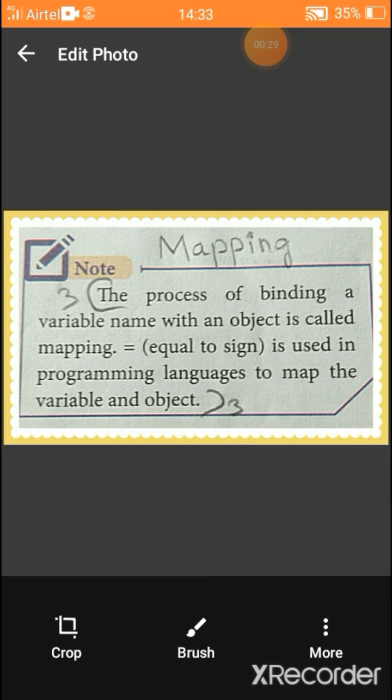We have seen it in the example now. So A is a variable, 10 is a value. Here in this definition, a value is defined as an object, so don't get confused. A equal to 10: we are combining a variable and a value, and assigning the value 10 to A. That process is called binding. The process of binding a variable with a value with the help of the equal to symbol is known as mapping. Is it clear?